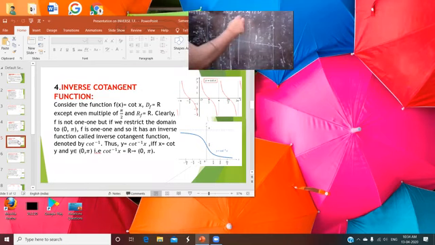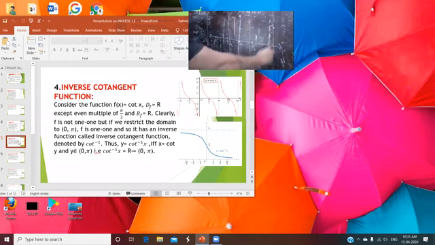So what you're seeing here, suppose that be a line of 0 degree, and here you have pi by 2 and here pi. Again here you have minus pi by 2 and minus pi. Actually, for 0, cot is not defined, so here we have to draw a dotted line, but due to that being represented as the y-axis, we have to draw it as a line like that. And for pi it is also not defined, so in case of pi you draw a dotted line here, and for minus pi you draw a dotted line, and for cot at pi by 2 it is 0.